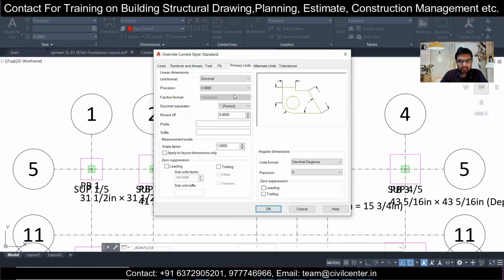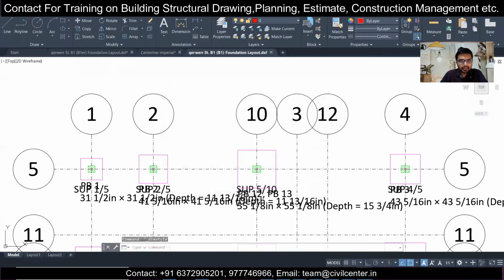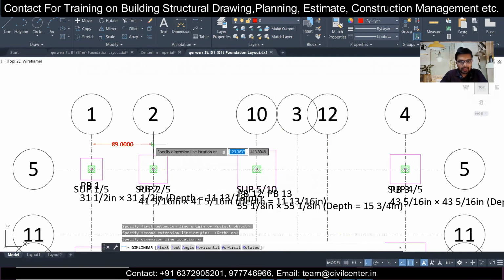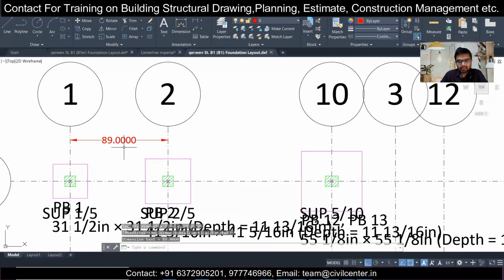So we have done all this, and then click on OK, and then click on set current, and then just go here, turn on the ortho and apply my dimension. As you can see, this is 89 inches here.